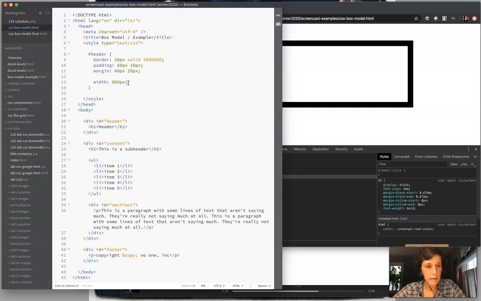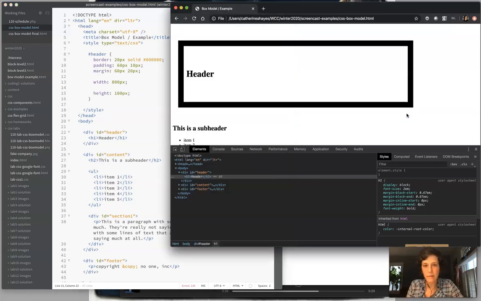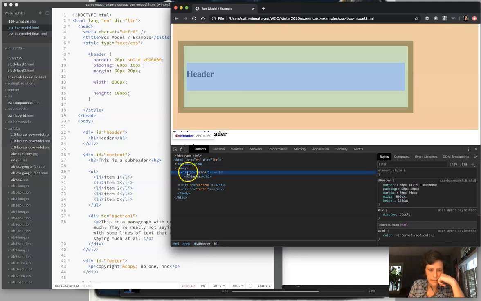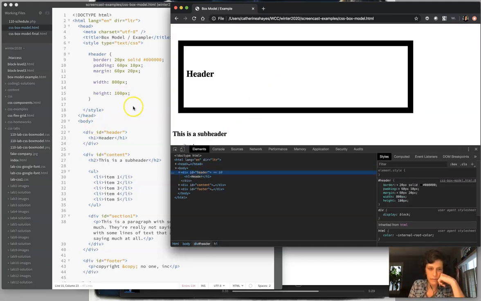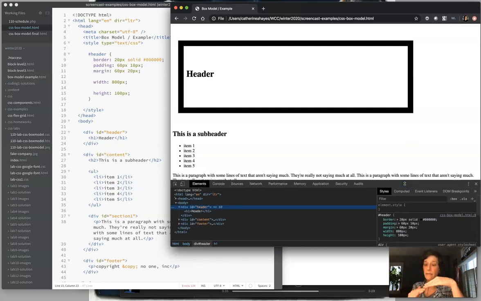So that's width. You can also set height. Height, though, is a little trickier because, so you'll see that I set height to 100 pixels. It did actually change a little bit, but typically you're going to want to let the content within the element or within the box determine the height. There are, of course, exceptions,